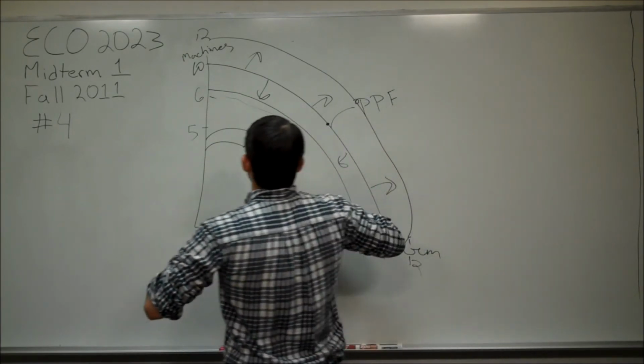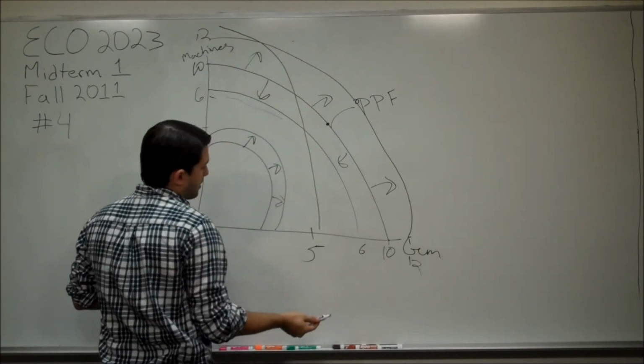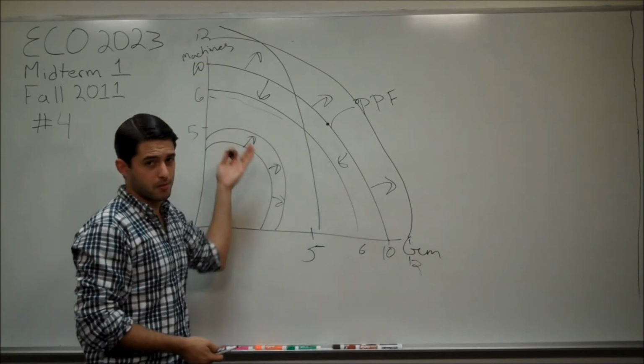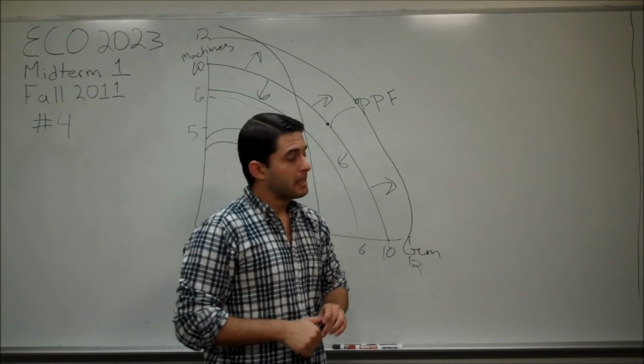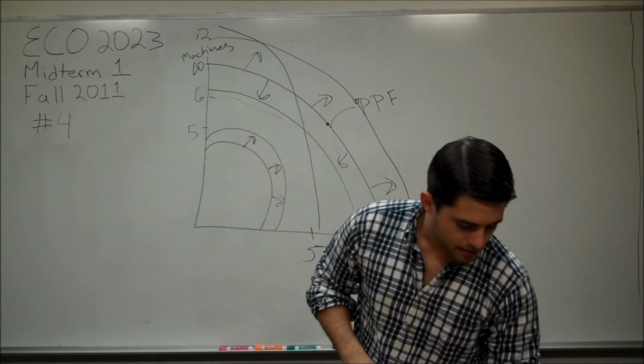Maybe you can produce a high number of machines and a low number of gumballs for some reason, because you have more technology geared towards producing machines. So for economic growth to be indicated by the graph, you need to see that shift outward. So the correct answer is